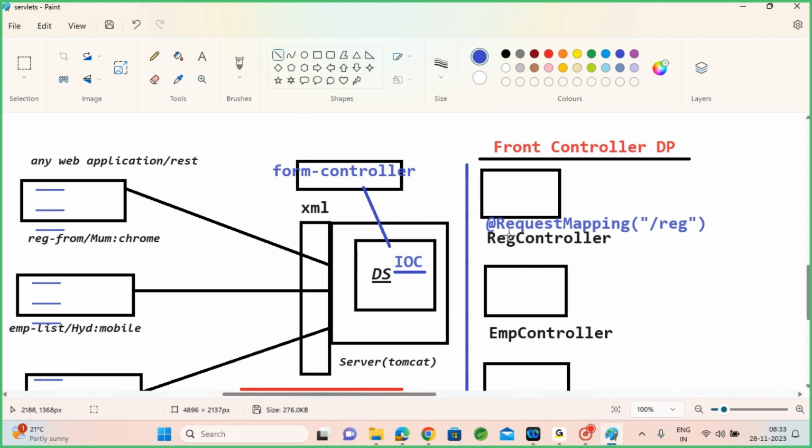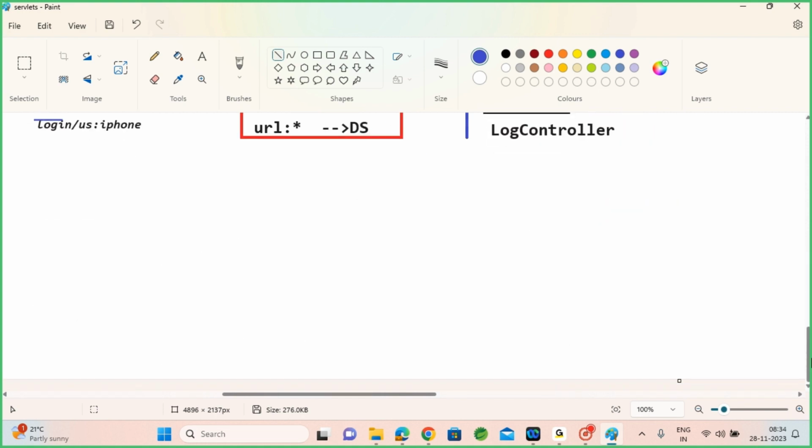If there is no XML configuration, at least it will read your request mappings. It will read all your request mappings. Then it will understand, okay, for this particular request mapping, there is a controller, so that particular controller it will execute. There are two ways: one is via XML file, or via annotations we can also map. So what will this front controller do? It will map your request to so-and-so controller, which means as soon as you receive a request from your front end form,